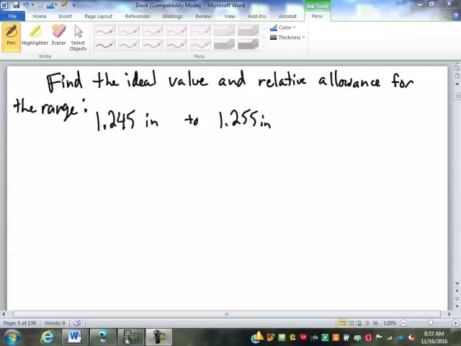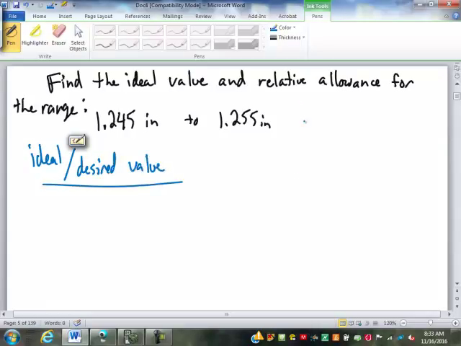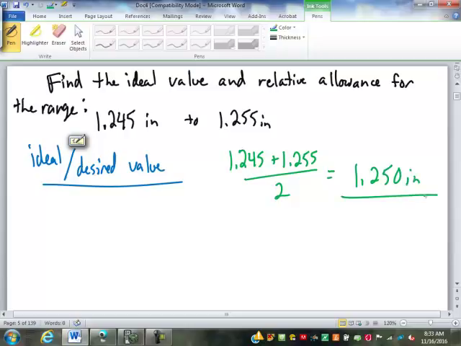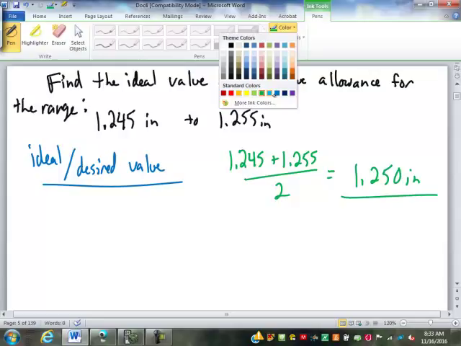Did you guys come up with an answer for this one yet? Okay, so the ideal value, or the desired value, is found by doing what? We add them together and divide by 2, which gives us 1.250, correct? That's our desired value. To find our allowance,